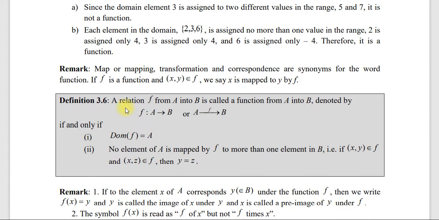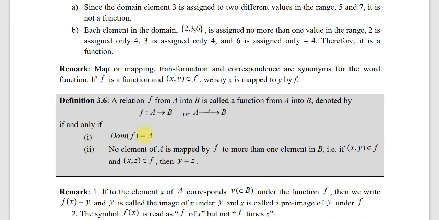Definition 3.6 says: a relation f from A into B is called a function from A into B, denoted by f: A to B. After saying A into B, we can place f here, which means we can denote or represent it this way. This can be the case if and only if